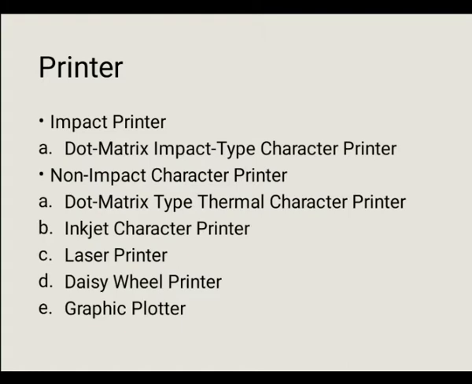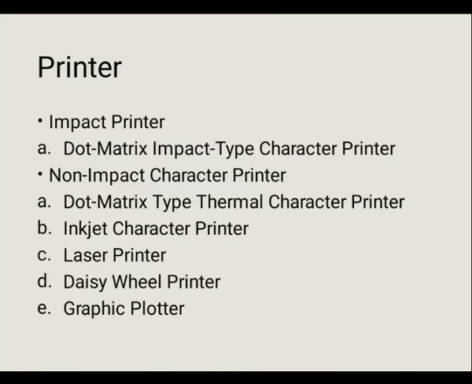In the dot matrix impact type character printer, a character is printed with a selected number of dots from a matrix of dots. The printhead contains a vertical array of 7, 9, 14 or even 24 pins. A character is printed in a number of steps. One dot column of a dot matrix is taken up at a time.